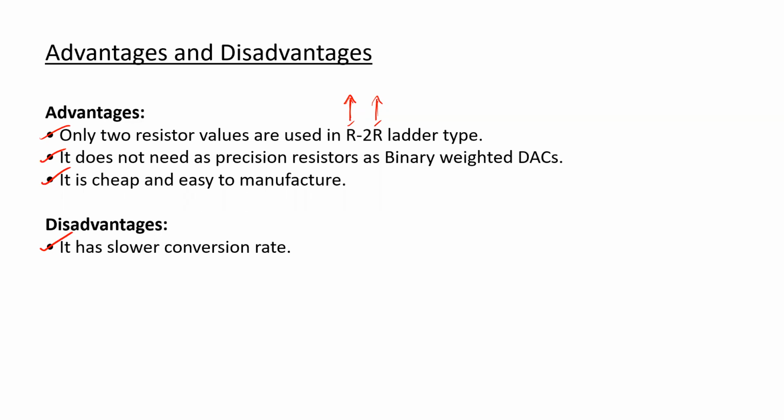So these were the two digital to analog converter circuits that I wanted to introduce in our class. Now, with that, I'd like to conclude our discussion on different types of analog to digital or digital to analog converters. So now, regarding today's lecture,